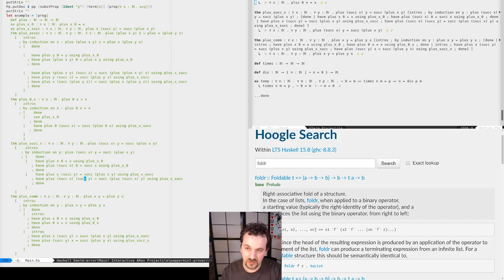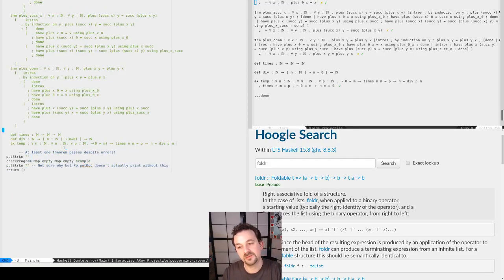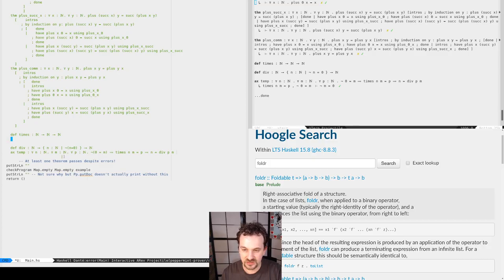At some point, we will want definitions. Also, I want actual syntax. Also, I want to change these colons to something. So times x 0.